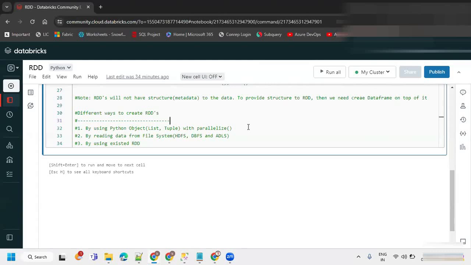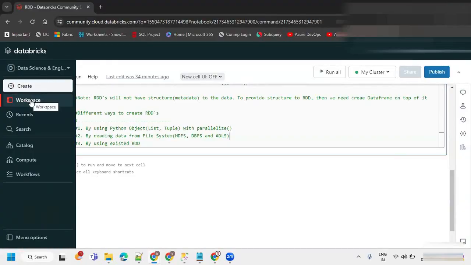Okay guys, it's late for me. I'll take one question. Once we create this cluster, if we are idle for 60 minutes, it will terminate? By default it is 2 hours, but if you reduce the time, then it will follow that. Once the specified time is completed, it will be terminated, as this is a community edition. If it is a paid version, it will be terminated but you can restart it. Here you cannot restart; you have to recreate it. Yeah, that is what I'm doing every day.